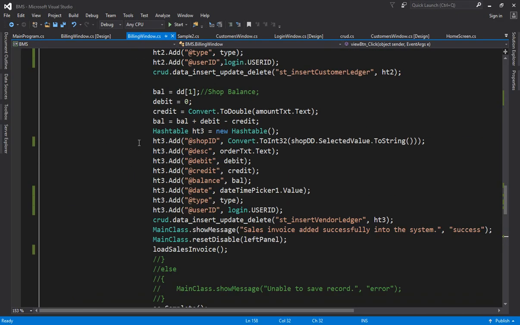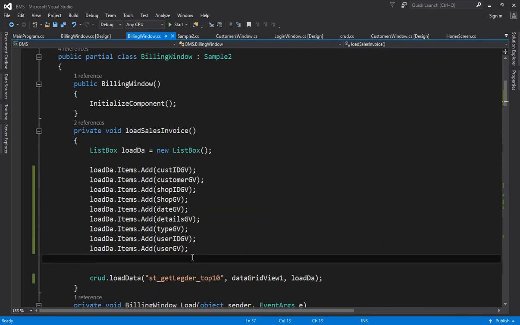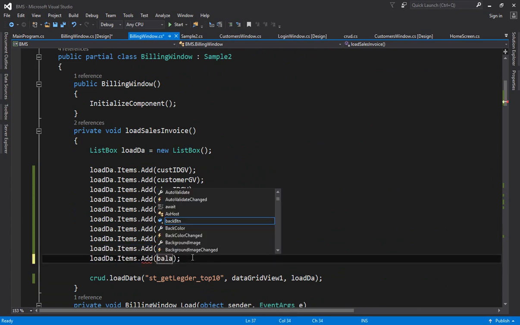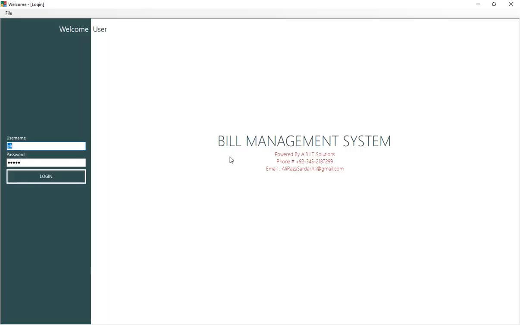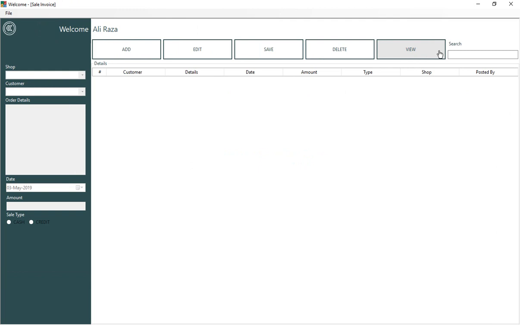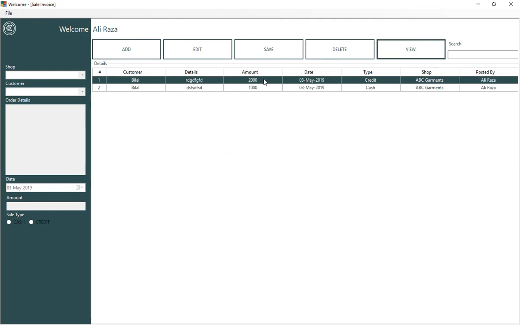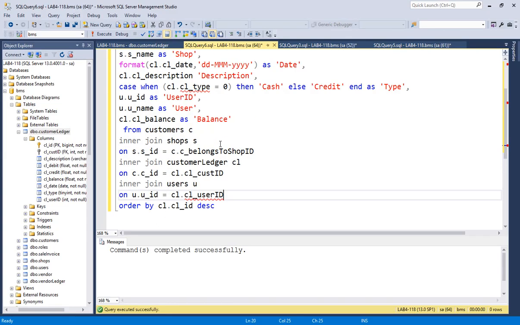Now you have to come here and add another column at the top, that is copy and paste, and here you have to write balance GV or amount GV, okay. So you have to write here amount GV, simple, okay. Now let us see what's the result. Login, sales invoice, view, okay. So the amount is coming, but I wanted to display the amount in the summarized manner with respect to every customer. So guys, let us change the things here,